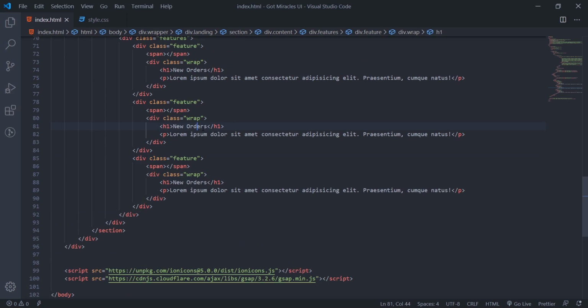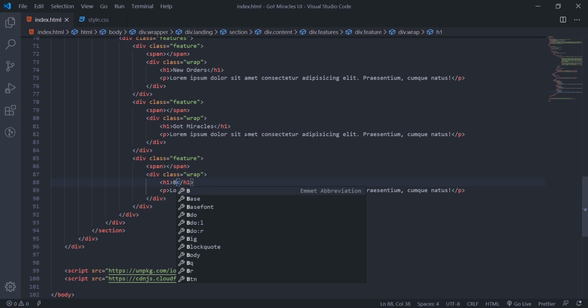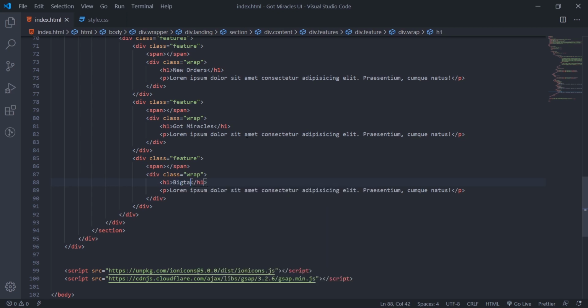So this second one, I'll say got miracles. This one will be big tank. Big tank, my title. Big tank double south.